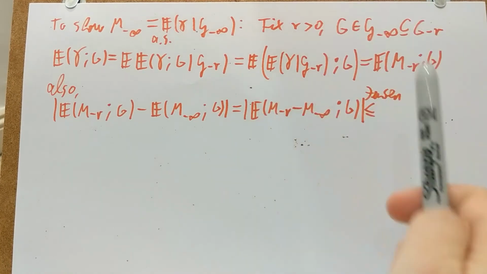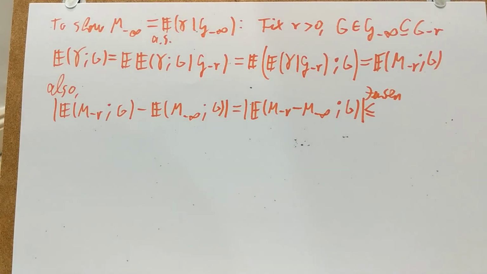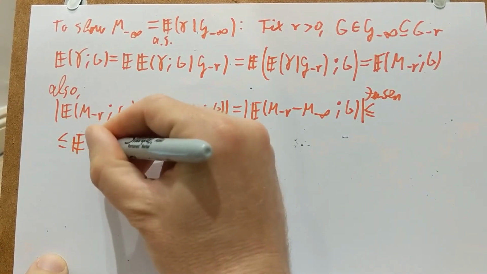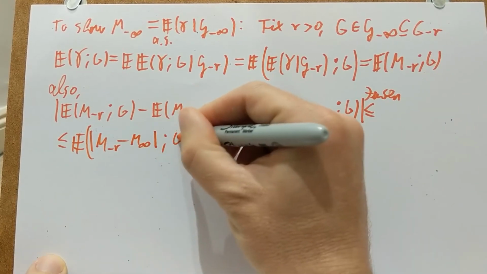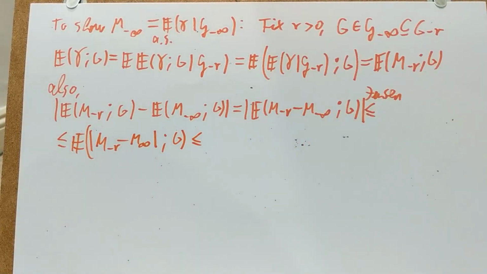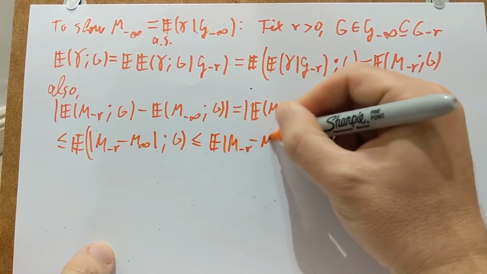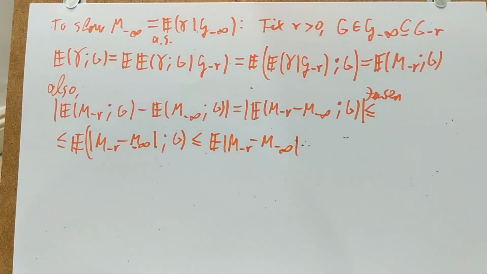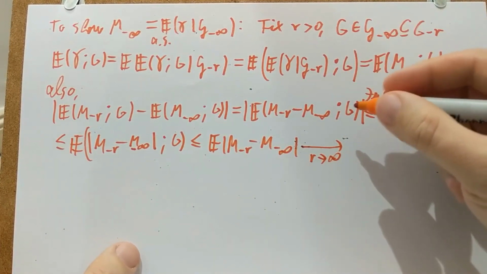That will give me the difference times the indicator, which is the mod of (M_{-r} minus M_{-∞}) under G. The mod is non-negative, so if I forget about the indicator, which is 0 or 1, then this is further bounded from above by the expectation of the mod of M_{-r} minus M_{-∞}, which I know goes to 0 as r goes to infinity